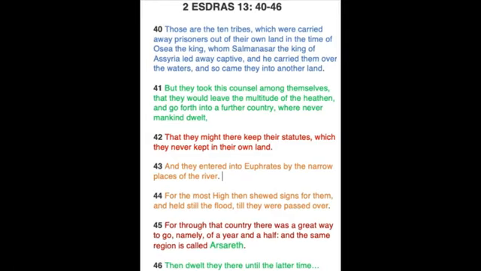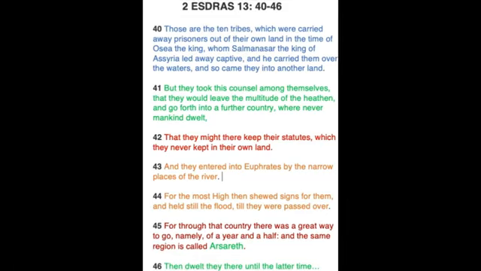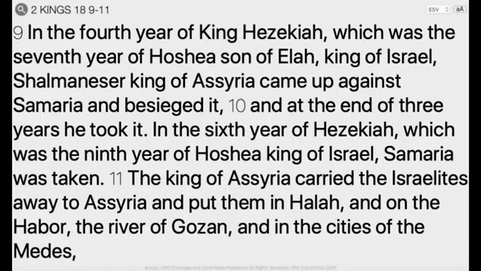So now let's break down these verses step by step. We already understand that he's talking about what happened in 2nd Kings chapter 18. They were carried away into Assyria during the time of Shalmaneser, the king of Assyria. And once they got there, they took the decision to leave the multitude of the heathen after they were placed in the cities of the Mede. They decided to leave the countries to go into a further